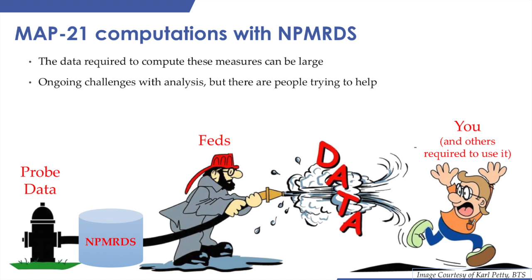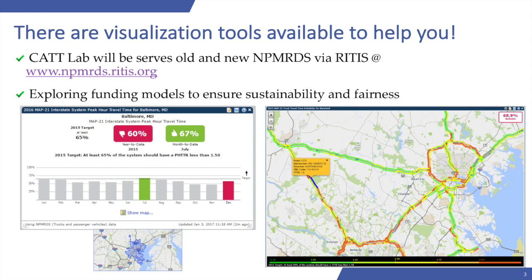The problem is a lot of states and MPOs struggle to ingest all of this data, because the probe data can be fairly large, even for a small area. And the computations, though they're not that complex, can be difficult for a lot of agencies because of the size of the data. So there are people trying to help, including my lab, where we've developed this npmrds.ritis.org